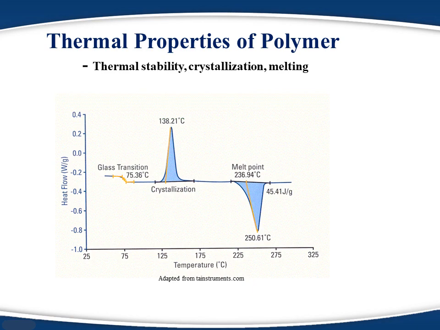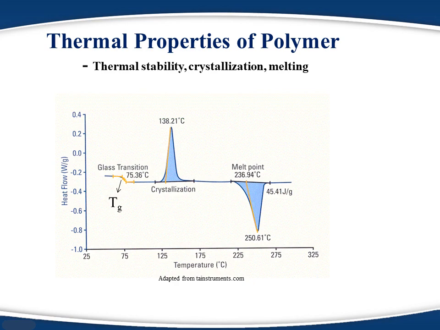Polymers typically show three transition points. The first one is the glass transition temperature, which is also known as Tg. This is the temperature at which the polymer transitions from a brittle glass-like material to a rubbery material, which can be stretched or bent. Why is it so? Because below Tg, polymers have only vibrational motion. As a result, when we try to bend or deform them, we have to break all the chains.